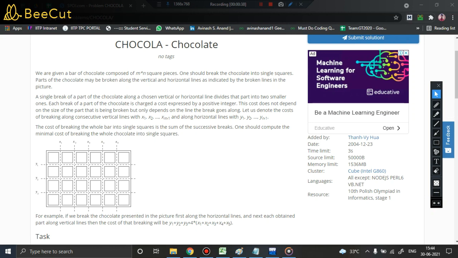We will be discussing the algorithm we are going to follow for solving this problem, and finally I will be showing you how to code it. So we will be following all three steps. Without further delay, let us quickly start our discussion.